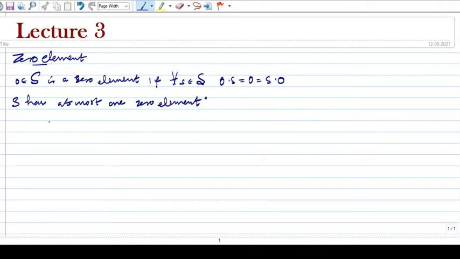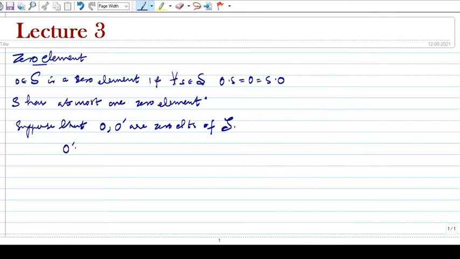For this, we can suppose that 0 and 0 prime are zero elements of semigroup S. Then